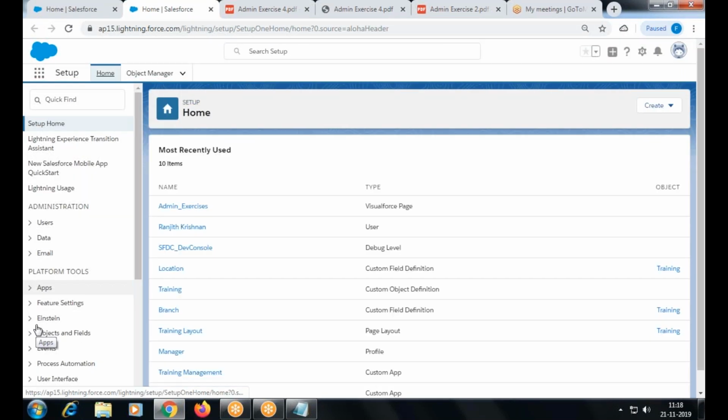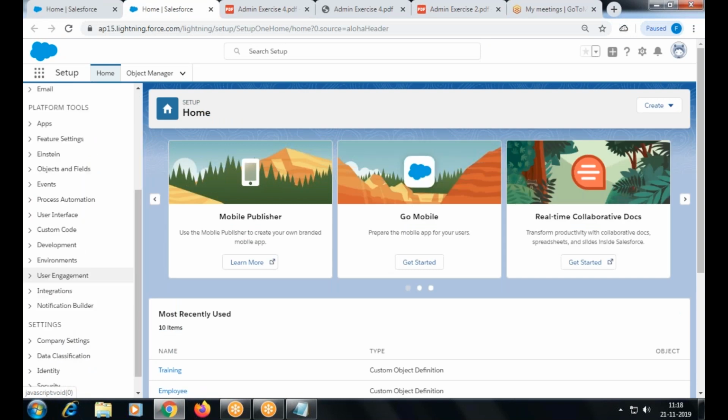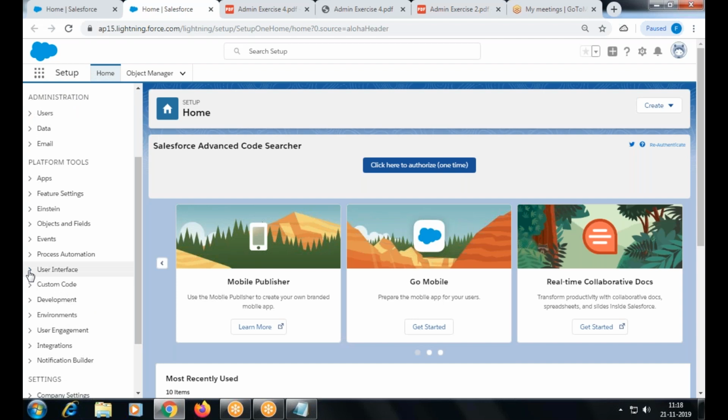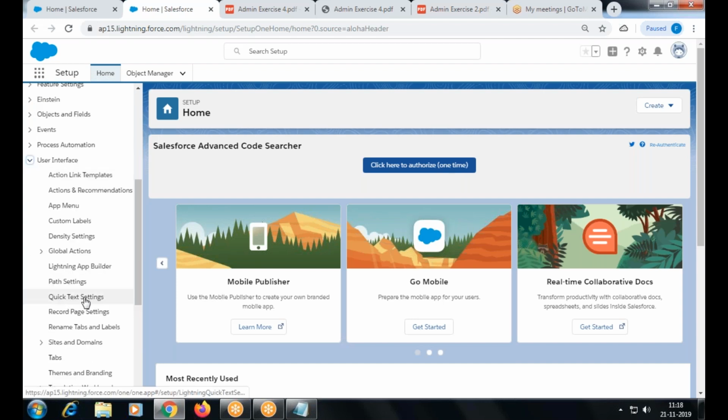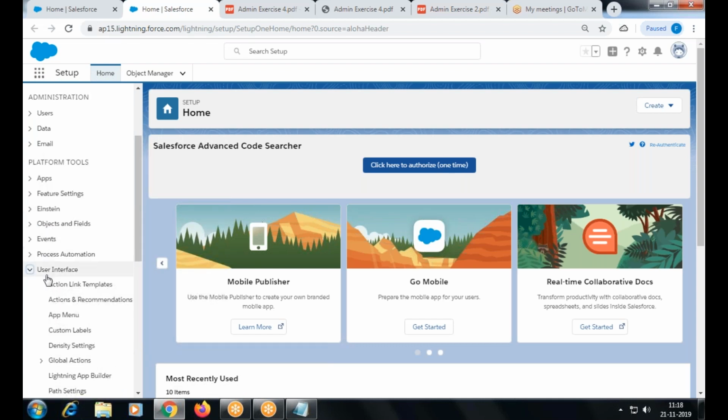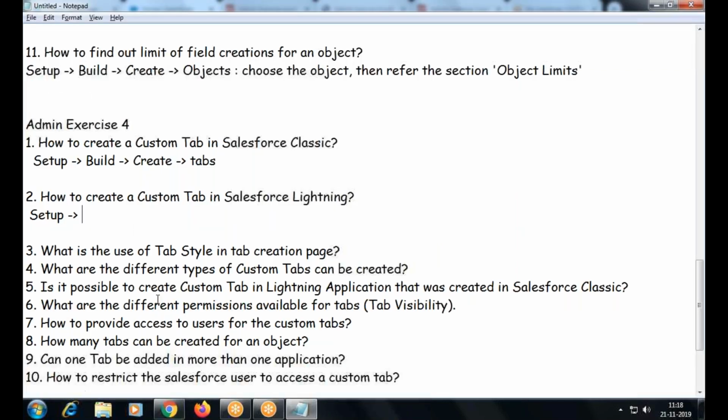Okay, Platform Tools. I guess it'll be under User Interface. Okay, User Interface. Yeah, Tabs. It's under Platform Tools, User Interface, Tabs.